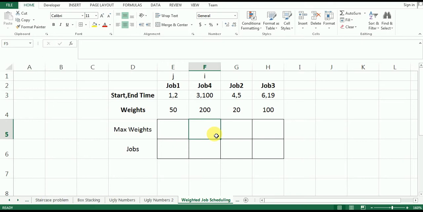At the end of this video, I'll be telling you a trick following which the solution to weighted job scheduling problem or similar problems will automatically start occurring to you. Hence, you must watch this video till the end.